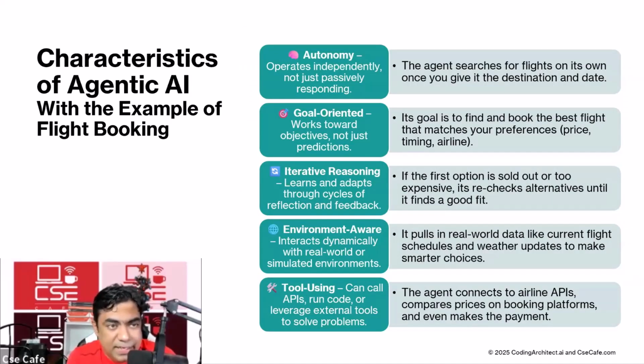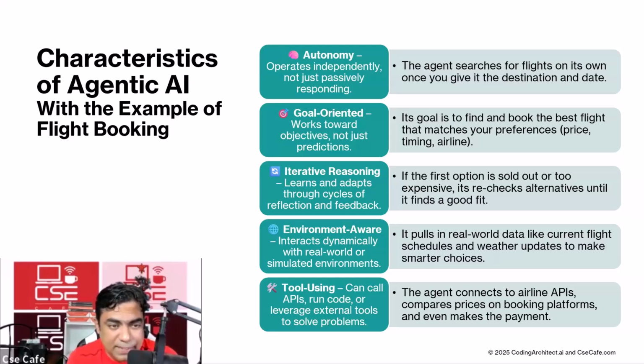A quick example of Agentic AI, since it is very important in today's world. The characteristics of Agentic AI, with the example of flight booking that we briefly talked about in the previous slide, right? First one is autonomy, which means it operates independently, not just passively responding. The agent searches for flights on its own once you give it the destination and date. Second, goal oriented. It works towards objectives, not just predictions. So its goal is to find and book the best flight that matches your preferences, like price, timing, airline,